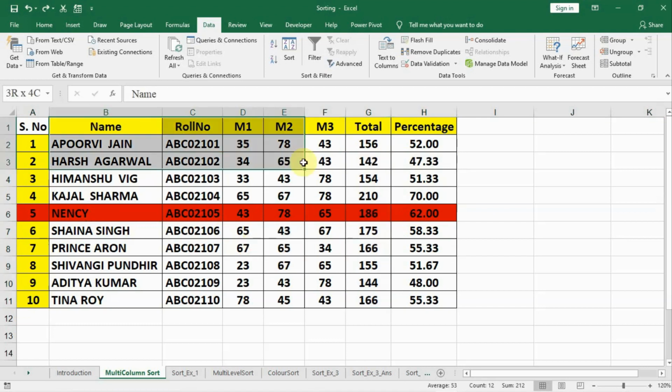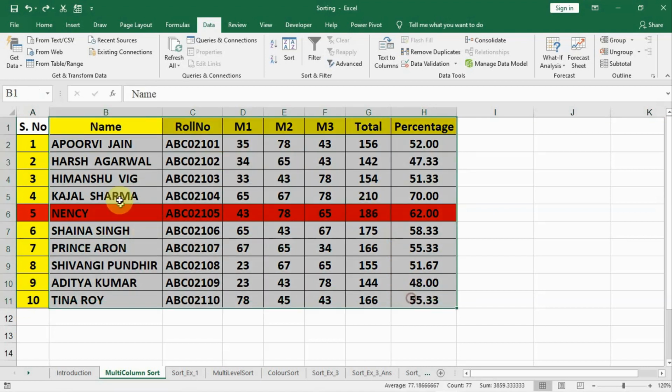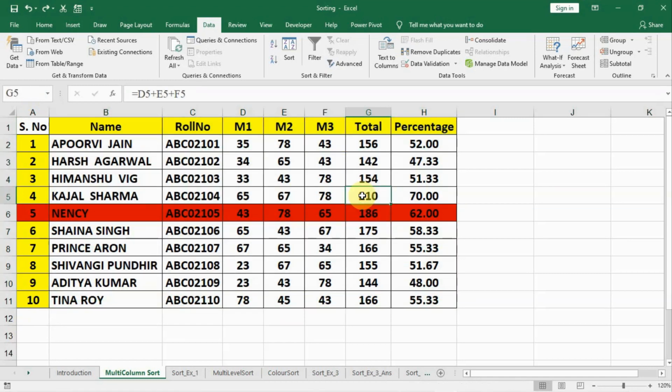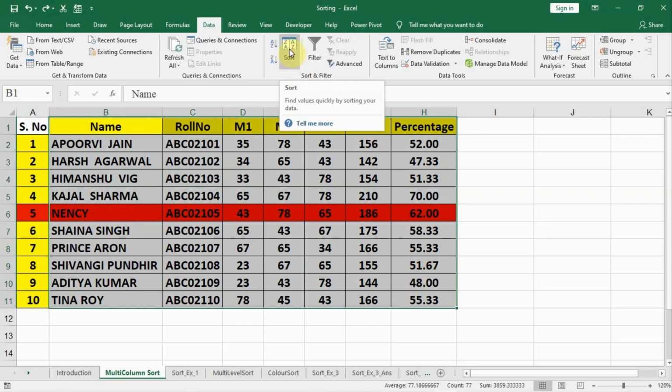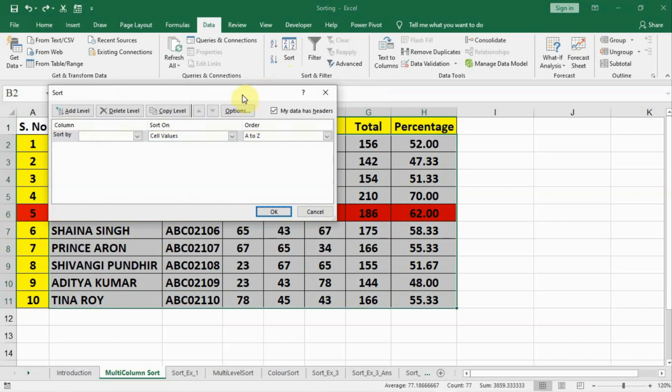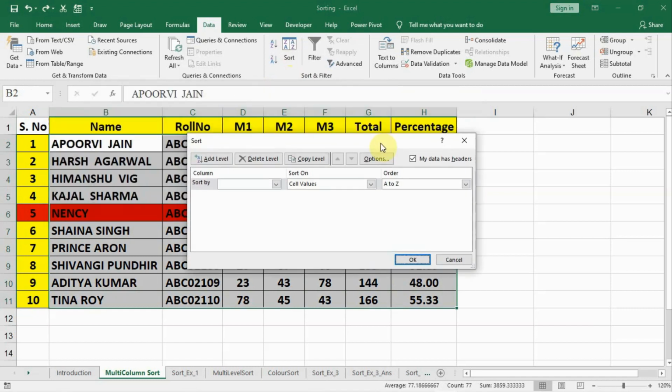Let us select this whole data and leave out the serial number column from this. Now how to sort it, because we have to sort it by the total, and if we click on the total we will lose our selection. So we have to select the whole data and then go to Sort, click on Custom Sort, and now we have a new window, and in this we have to do the sorting. We have to sort by the total, that is the marks.